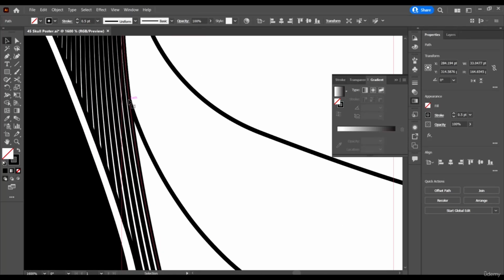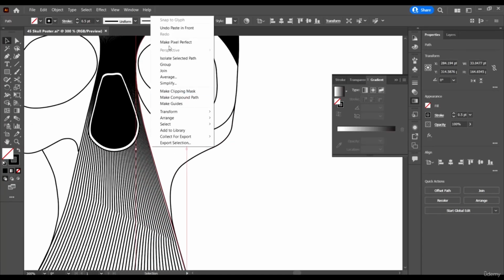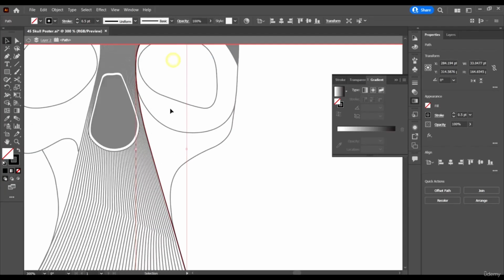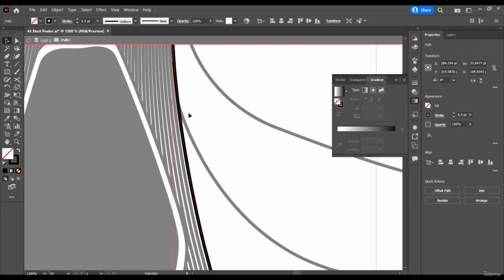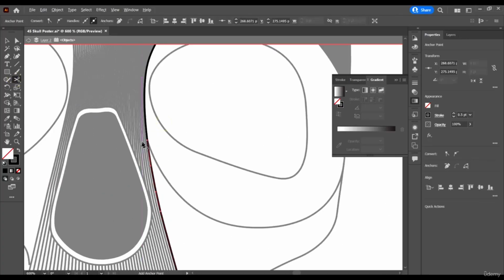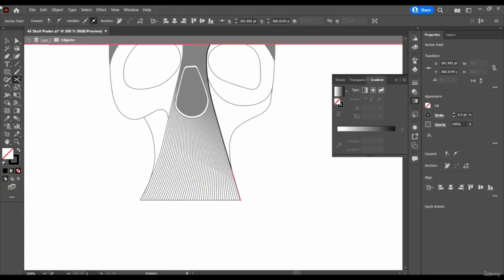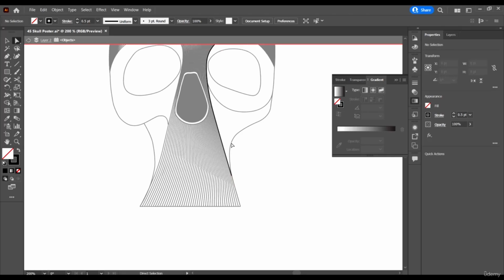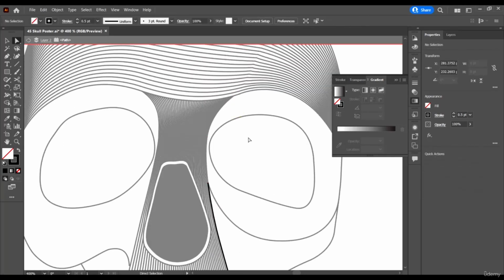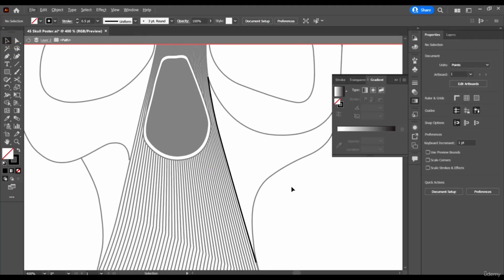Okay, and then what we need to do is to just isolate it so we can cut it at the right point we need. All right, so right click and isolate selected path. So now we can see it's in isolation mode. So select your scissors tool and then just cut it around here. Then come here and cut this guy also around here. Now selecting this tool, select your unneeded shapes, just delete them. Okay, so we now have this guy and this guy.